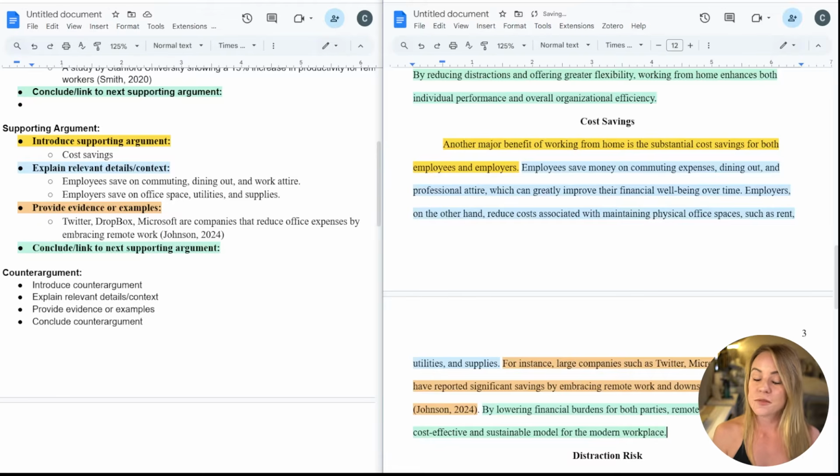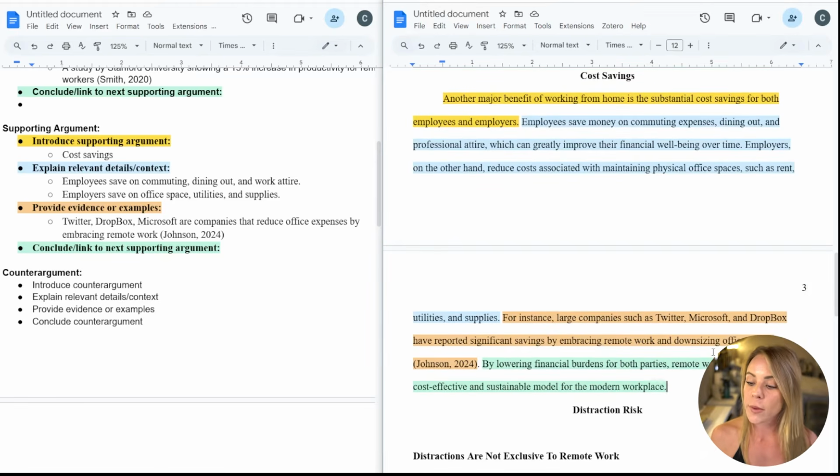All right. For cost savings, I'm just going to go ahead and read through the paragraph since you have a pretty good idea of the process we're going through. So what we have here is another major benefit of working from home is the substantial cost savings for both employees and employers. Employees save money on commuting expenses, dining out, and professional attire, which can greatly improve their financial well-being over time.